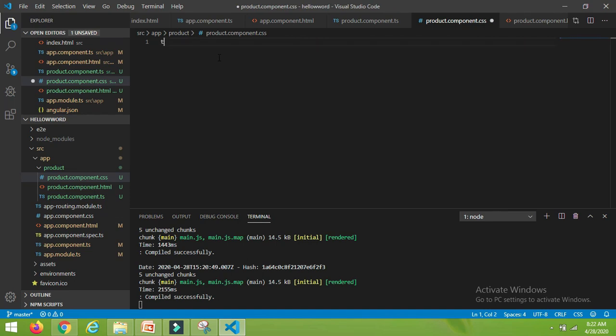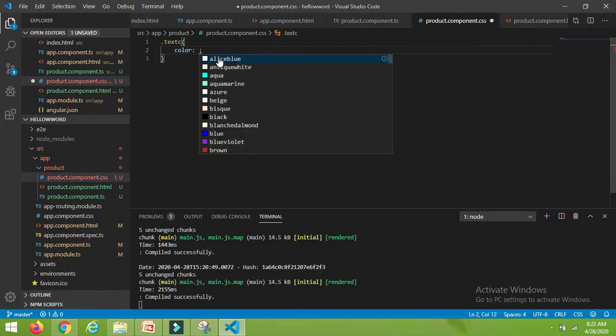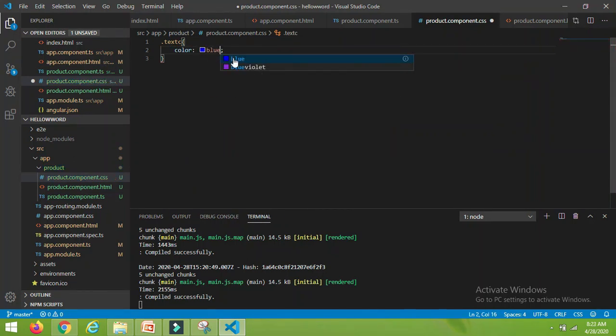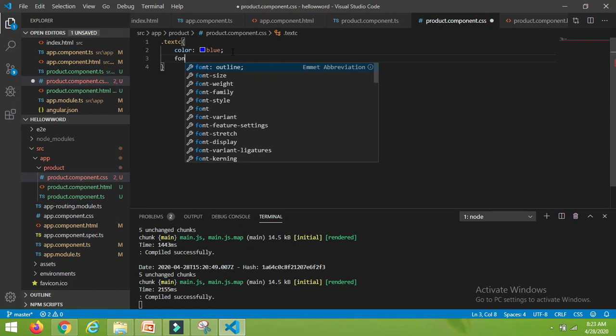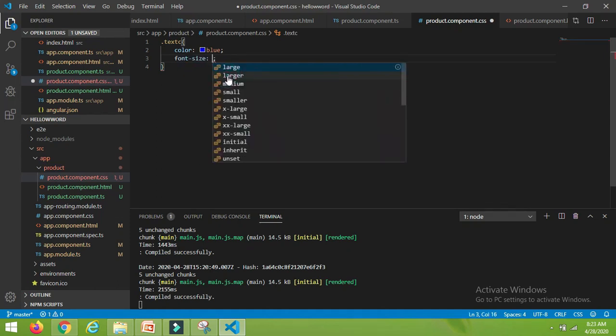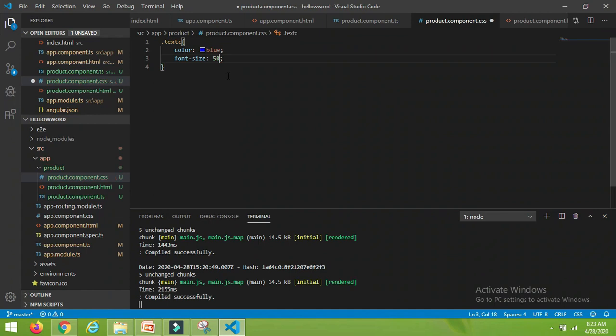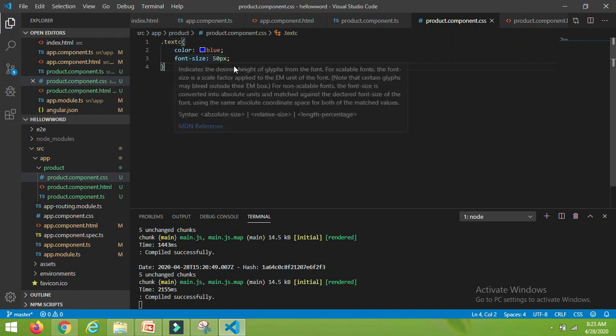So give me the class as textC, for the color, and I want this color to be blue, and I want the font size as 50 pixels. So I have created one CSS class, that is textC, which has a color of blue and font size of 50 pixels.